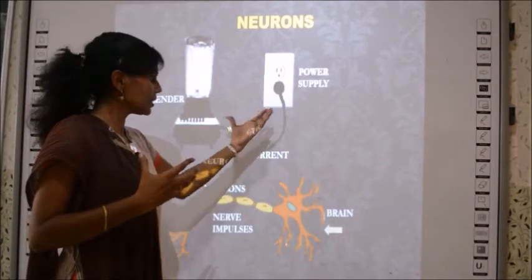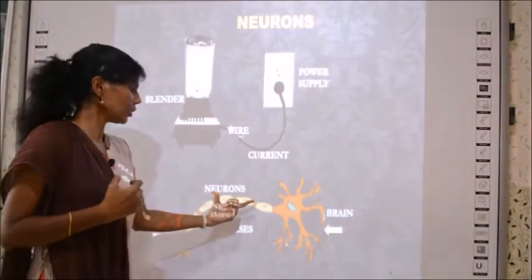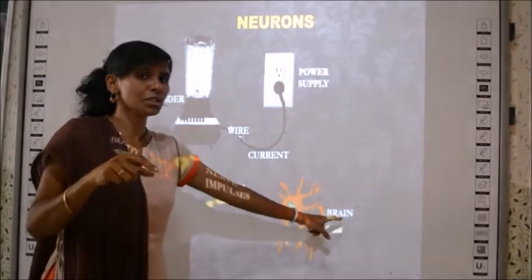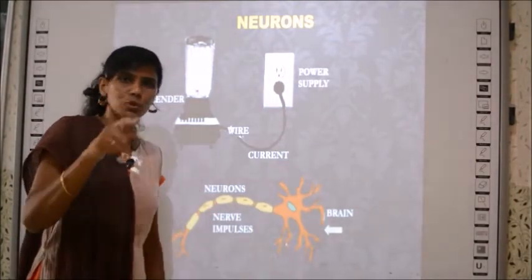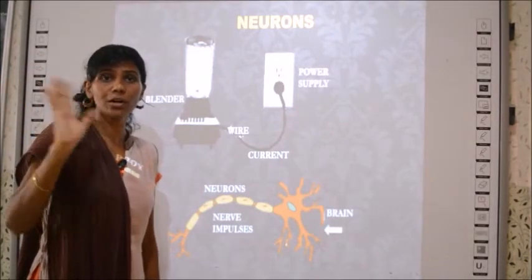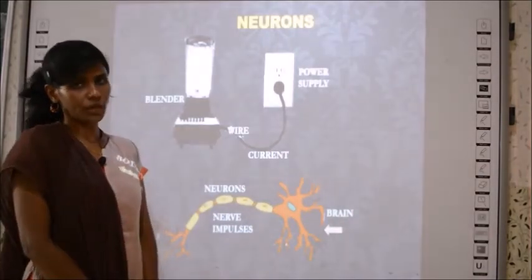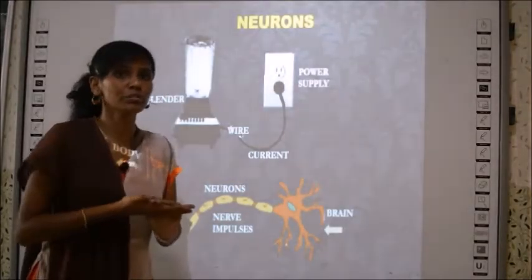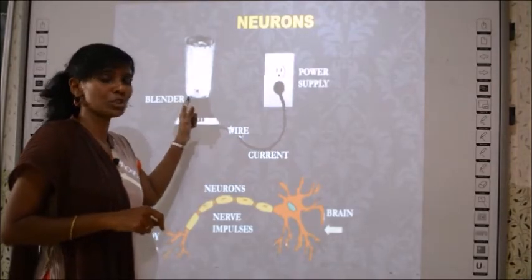So similarly, this is compared to the neurons. Here the wire is compared to the neurons. On this side you have the brain, which gives instructions to your body, and this side is the body. Your brain tells you to wave your right hand and your hand will move. If your brain tells you to keep quiet, then you will keep quiet. So how are the instructions carried from the brain to the parts of the body? Just as we use a wire for a machine to operate,